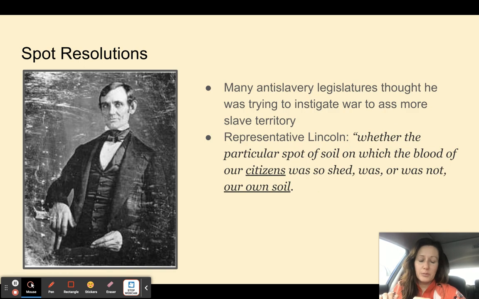Like I said, there were some people opposed to this. One of them was a senator at the time. You may have heard of him. His name was Abraham Lincoln. And he introduced what's known as the Spot Resolutions. Many anti-slavery